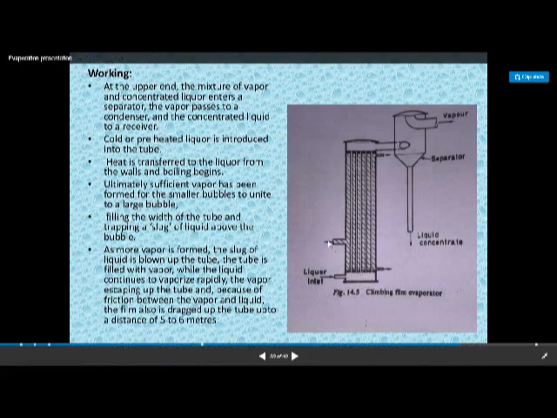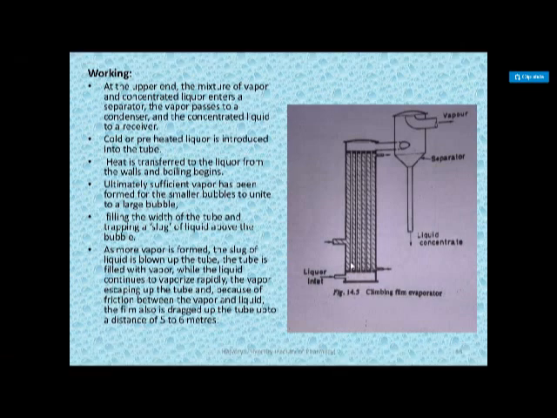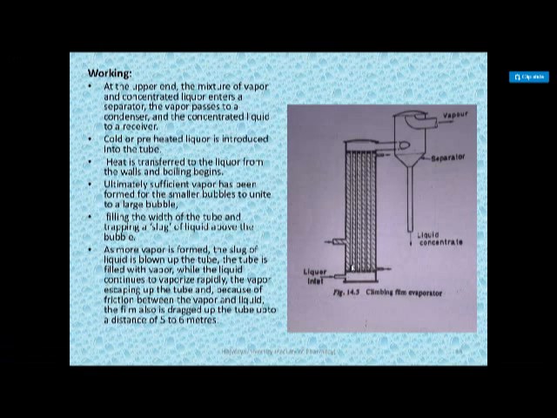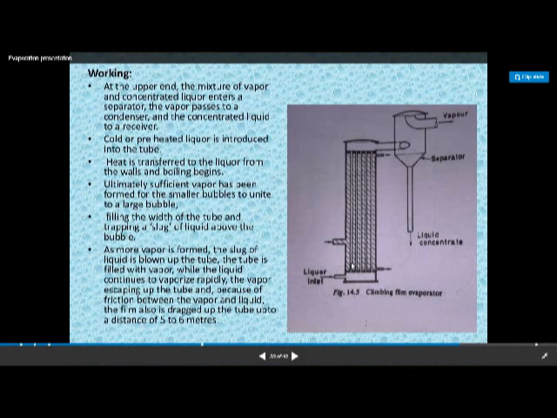Now see, we are introducing steam here, right? Due to the steam, these tubes are going to get heated. Now this liquid is introduced in this. Now you observe the diagram very carefully. In this tube, the liquor is present, right? So because of the heating by the steam, the liquid in this feed is going to form small bubbles in this tube, so many small bubbles.